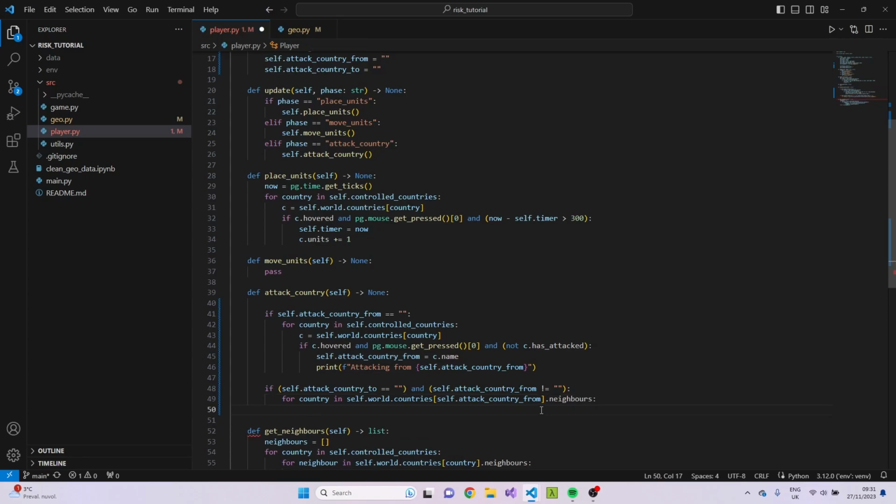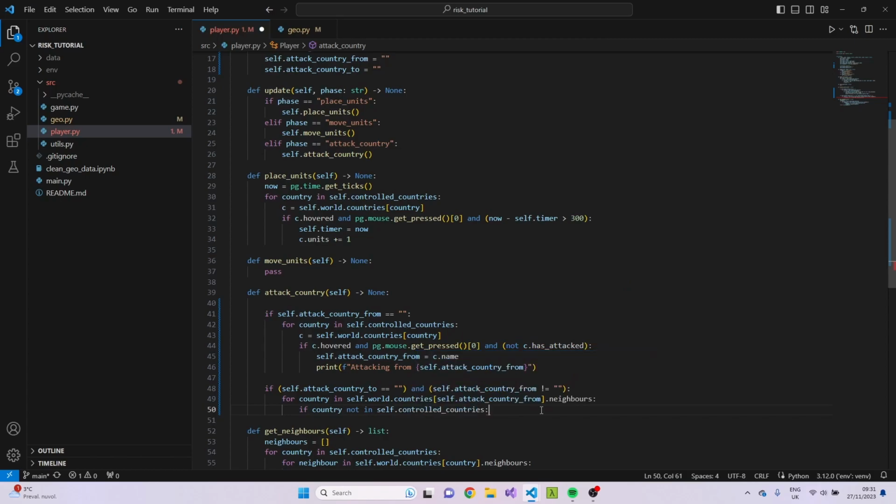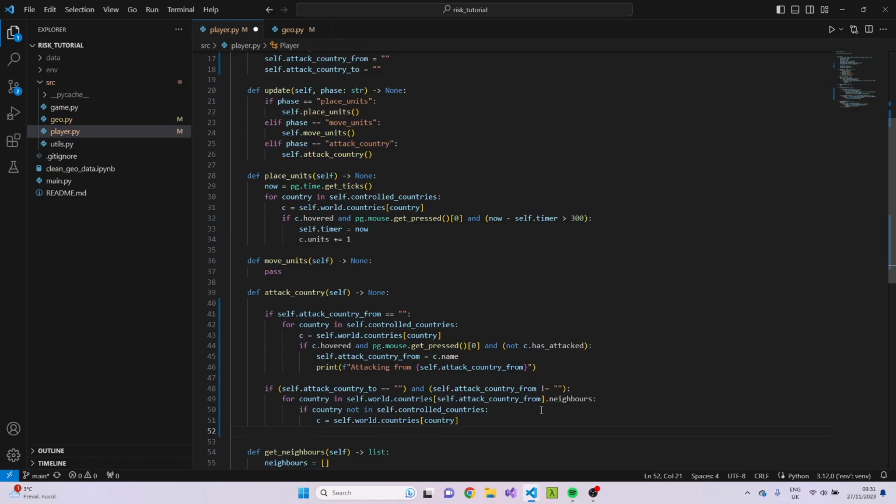country class, and then we can say if this country is not in our controlled territories, because we don't want to attack countries that we already control, so we're going to say if country not in self.controlled_countries, then extract the country, so self.world.countries again, this will be country, and then similarly as we did before, we're going to say if c.hovered, so if the mouse is over that country and we click, so let's get pressed again, then we're going to say self.attack_country_2